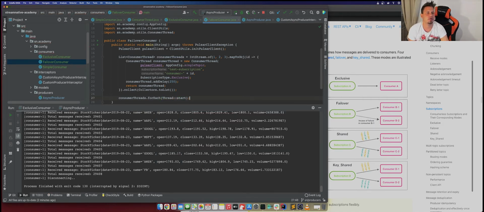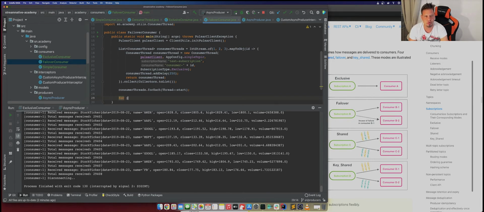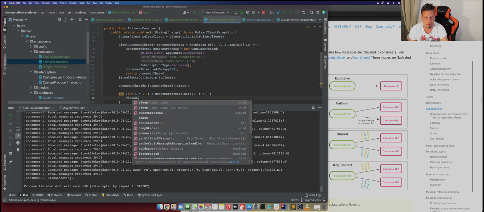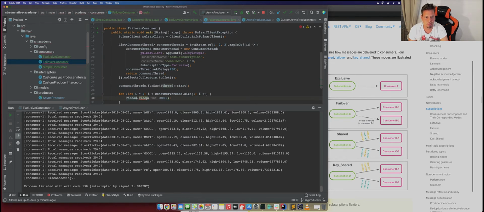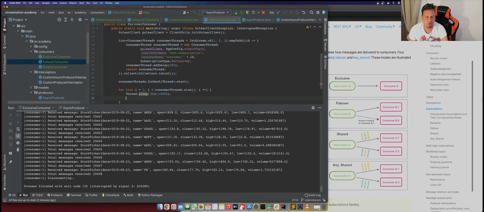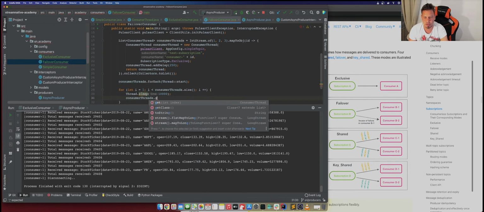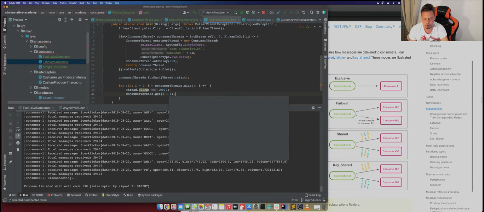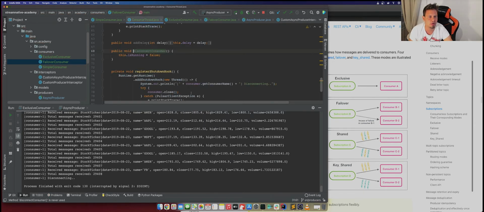And now that our threads have started, I want to iterate over them. Because I want to simulate, I want to add some delay over here, and after 10 seconds, I want to start killing my consumer threads one by one until I only have just one left. So we're going to use the disconnect method from the consumer thread that we have over here